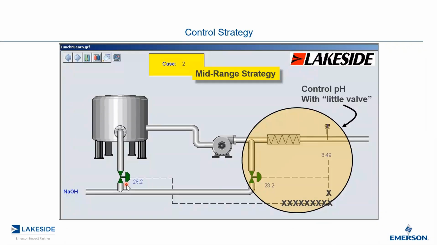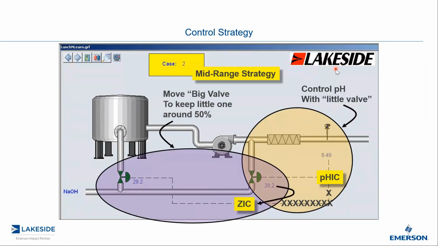So little brother can be opening up to, say, maybe 50, 60, 70, 80% open, and we might run out of room. So now we need help from big brother. What big brother is going to do is look at the position of little brother. And as little brother gets into trouble, 70, 80% open, big brother is going to open up very slowly,